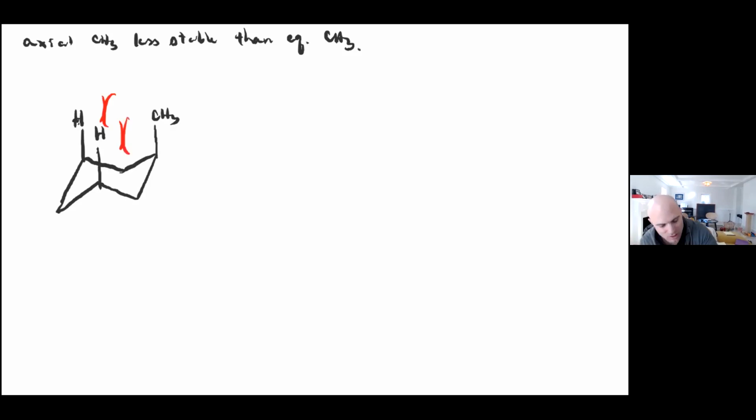other hydrogens that are in the axial orientation, okay? And that total interaction is worth about 1.8 kcals per mole. Each individual 1,3 diaxial interaction is worth about 0.9. So